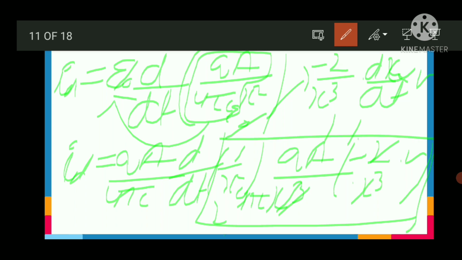So I hope, friends, this concept is clear to you, how we have approached it. Actually, it tested some of the basic concepts, how we are able to relate the formula of id in different situations. The actual thing is to find the electric flux very correctly. So friends, I think we can move to our next slide.